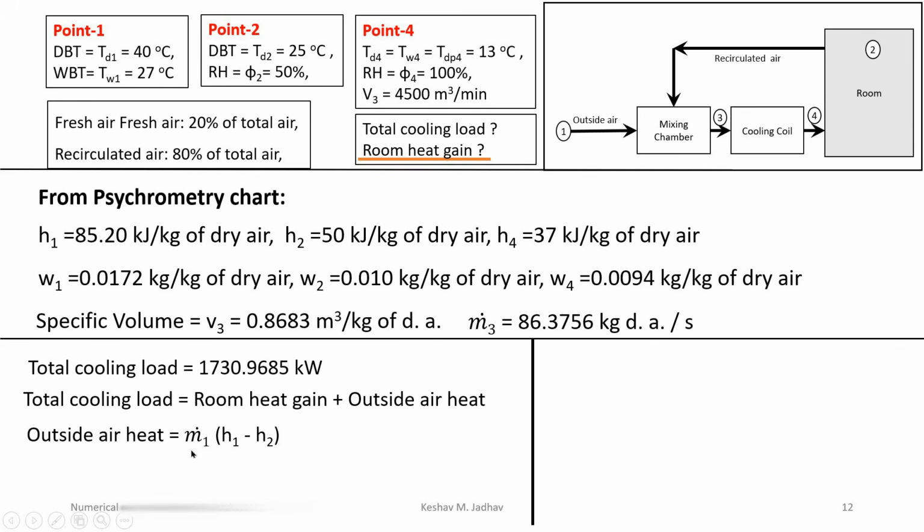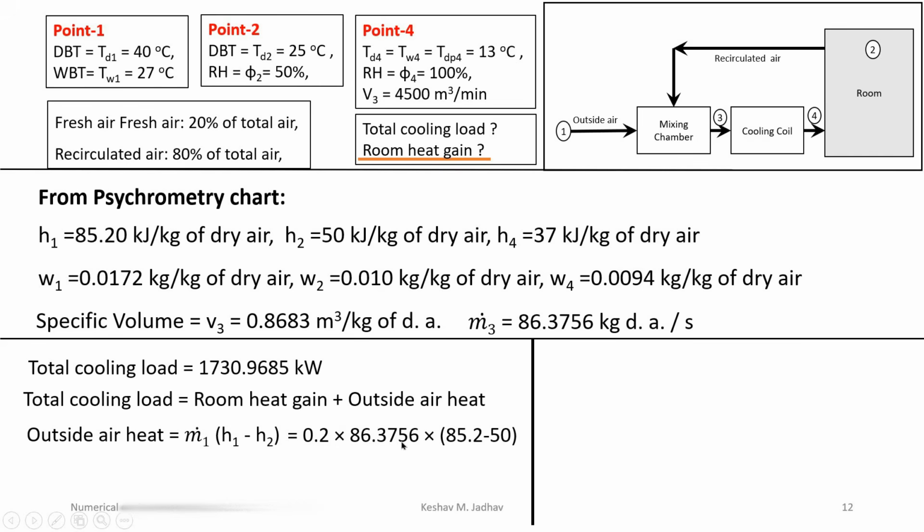So here H1 and H2 known to us. So we have to calculate M1, that is mass flow rate of outside air. So the mass flow rate of outside air, which is fresh air, it is 20% of total air. So we have calculated mass flow rate of total air, that is at point 3, it is 86.3756 kg of dry air per second. So mass flow rate of fresh air it is 20% of this total air. So M1 is equal to 0.2 into